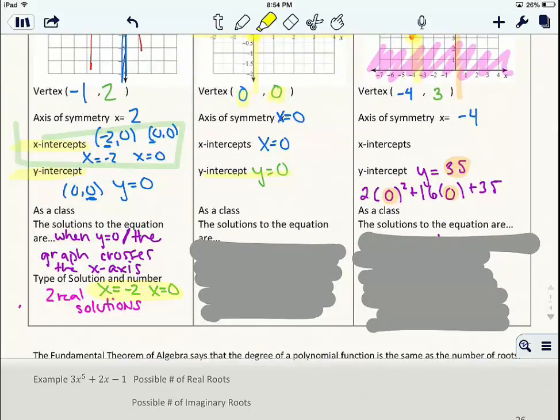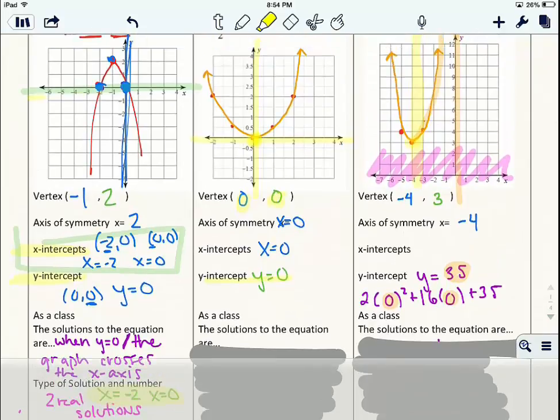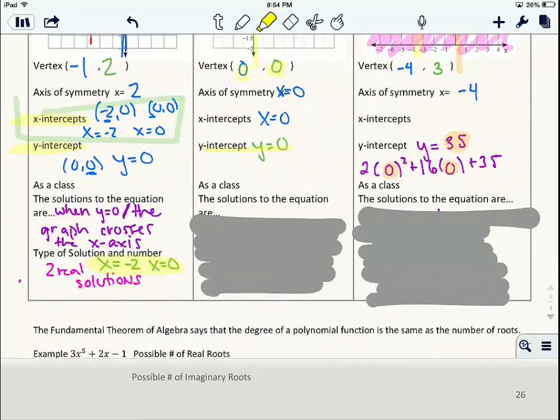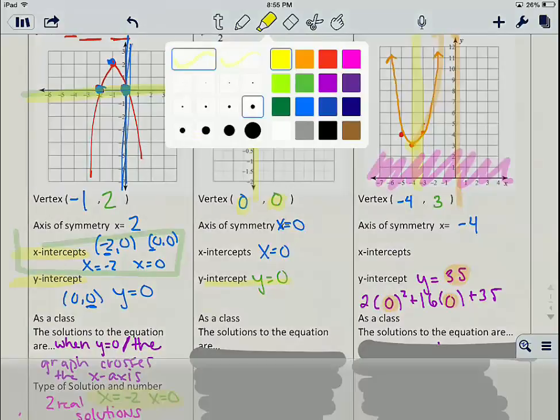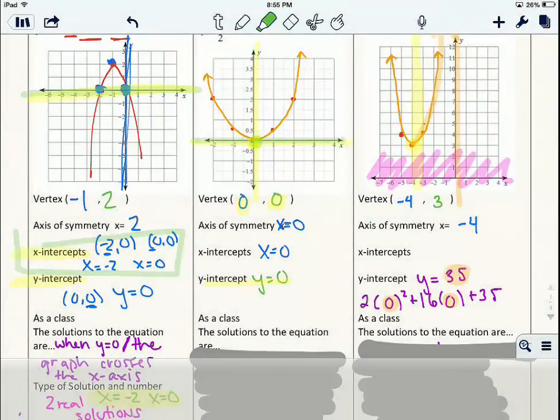Our solutions are then negative 2 and 0, and those numbers can be graphed on a number line. We did that right here. So we call them real solutions. There were 2 real solutions. Going back to this next picture, you can see that it crosses the graph at one point, and